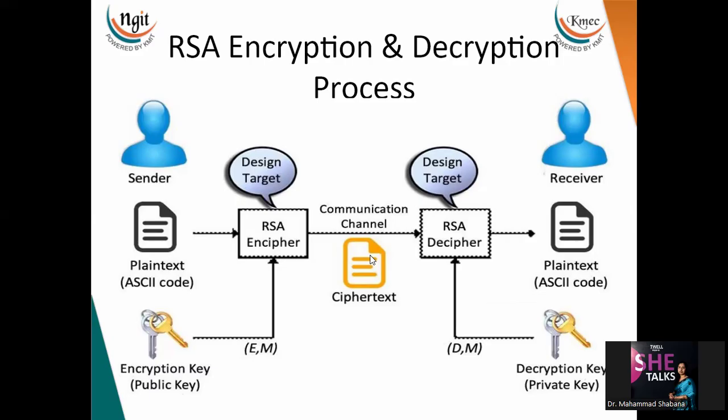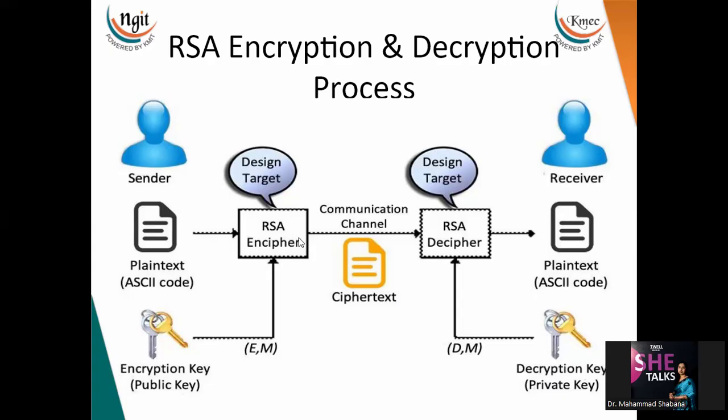This image illustrates the RSA encryption and decryption process. On the sender side, the message starts as plain text, which is typically represented in ASCII code. This is the encryption key, which is nothing but the public key. The sender uses the public key E, N to encrypt the plain text message. Public keys are shared openly and used for encryption. In the RSA cipher, the plain text is passed into the RSA encryption algorithm where the public key E, N